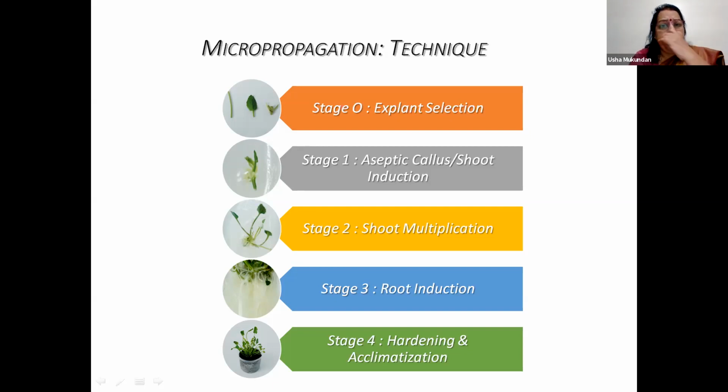Now why is the choice of explant important? Because if you take a field grown plant, then your surface sterilization step becomes crucial. Chances of contamination are also more. However, if you're starting with seed material, you can surface sterilize the seeds and the seedling which you get is sterile, or you call it an aseptic seedling. Now, once you have selected the proper explant, we'll be talking about how it will establish. Stage 1 is the response of the explant.